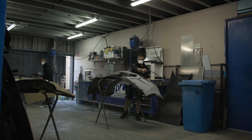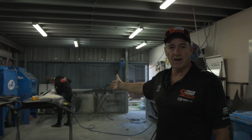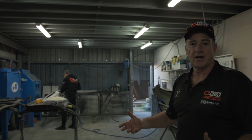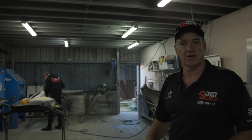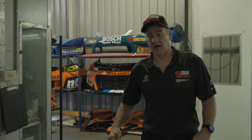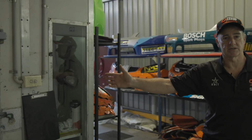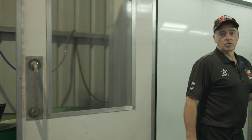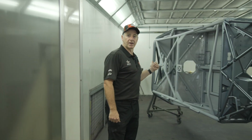The boys are working on bits and pieces at the moment, getting parts ready for the next race. This is quite a dirty area. This is why we have it sealed off from the rest of the factory. So from our bodywork repair area, we move into our paint department. We have a paint mixing booth for mixing paint. We also have a spray booth here where you can see we've got our spare chassis part painted in here